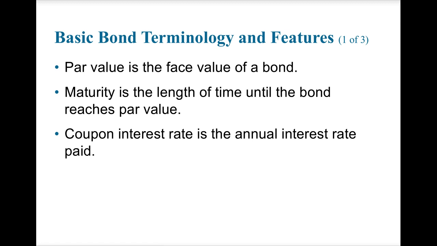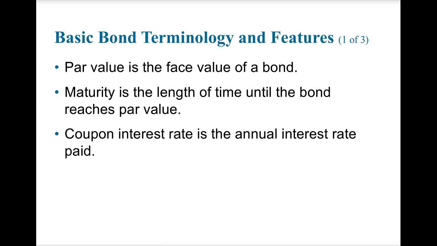Now, coupon interest rate indicates that if you take the interest rate times the par value, this will be the amount of interest you earn on the bond. Now, the par value is the amount the bond was created at. And typically bonds are created at a par value of $1,000. So if you have an 8% interest rate, you're going to get $80 annually. And if it's a semi-annual bond,